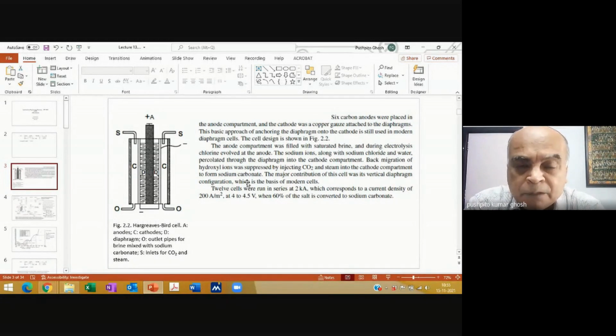So the sodium ion, which was left over in the anode compartment after chloride had been converted to chlorine, migrated to the cathode, and you had carbonate being formed from the hydroxide, and therefore you ended up forming sodium carbonate. So the beauty was actually people were quite happy with the Solvay process and soda ash, but they couldn't get chlorine. So now you had a system where one could get soda ash plus chlorine, but then it really could not compete with the Solvay process, because it was so well entrenched, and it was so cost effective to make soda